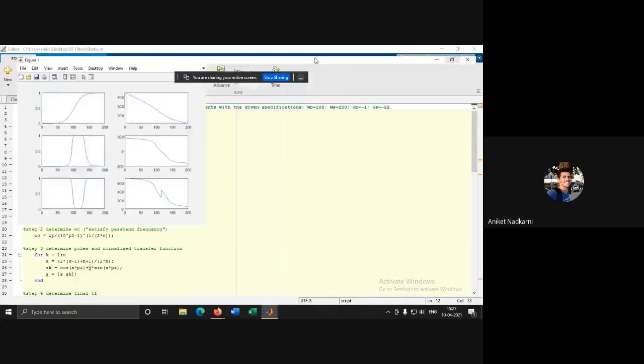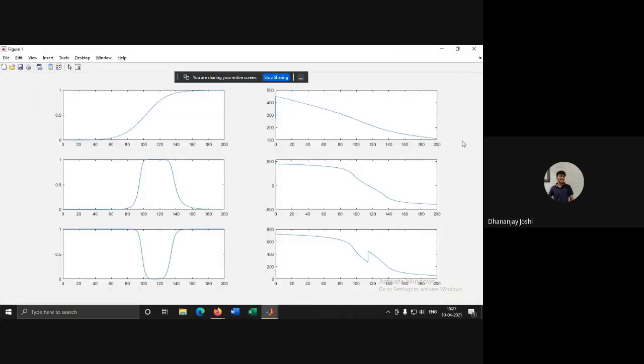This graph, yes, this is the phase plot, I think. Okay, phase. The right hand is the phase plot. Yeah, on this left side we have the magnitude versus the frequency, and here it is the phase versus the angular frequency. Okay, thank you.